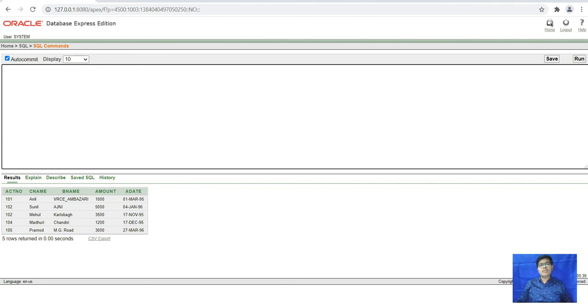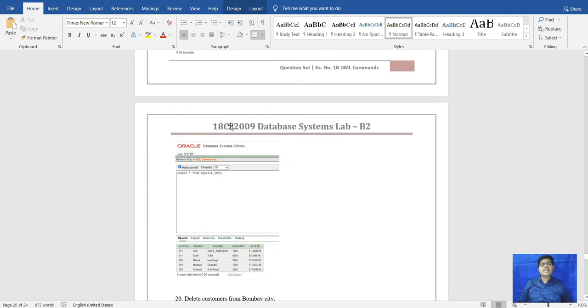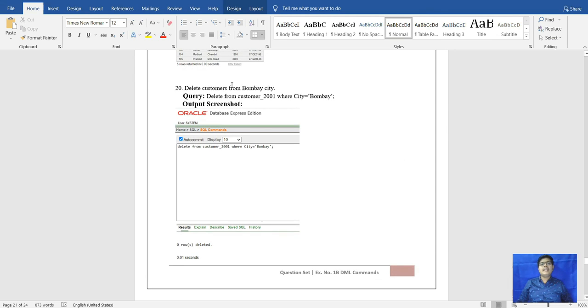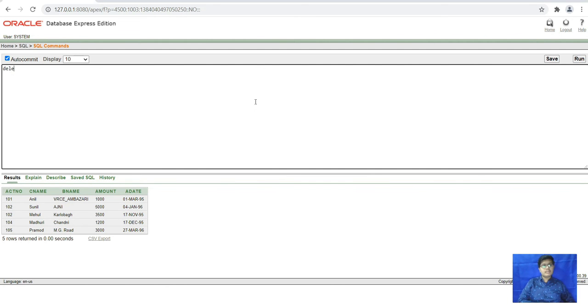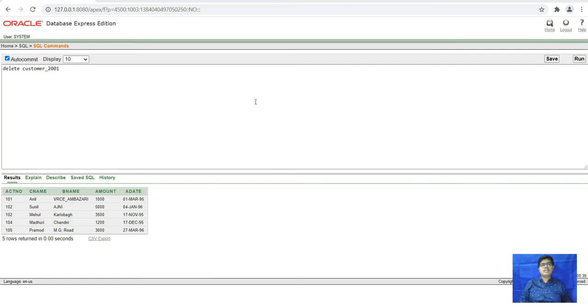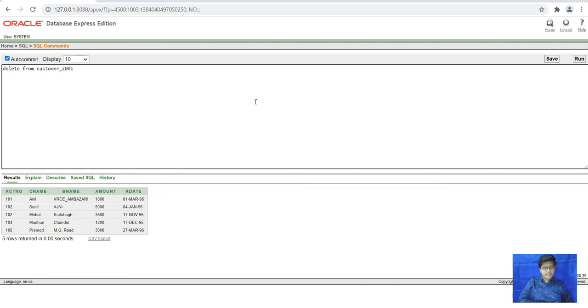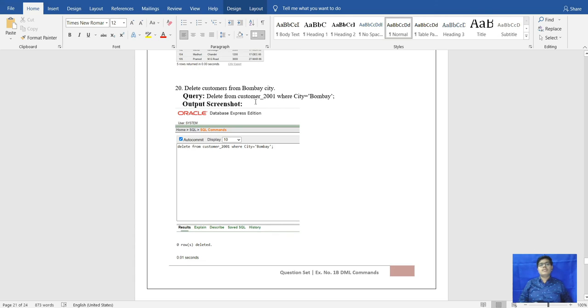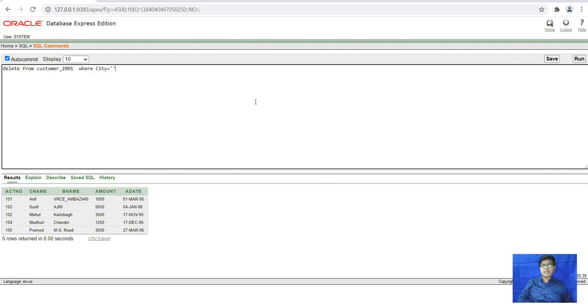After that, we will go to the next question, that is delete columns from city Bombay. For that, we have to give the query: delete from, where city is Bombay.